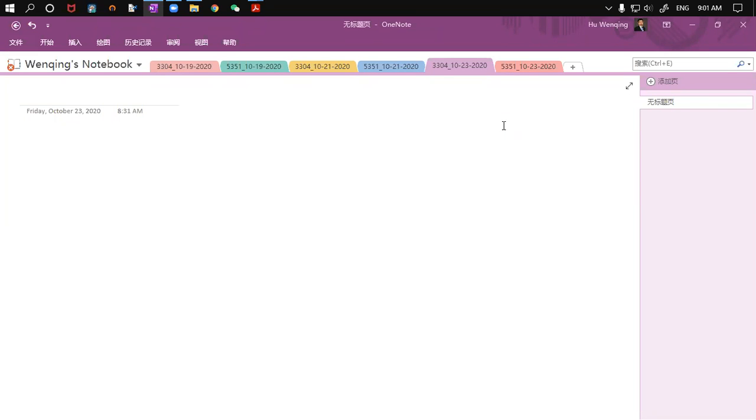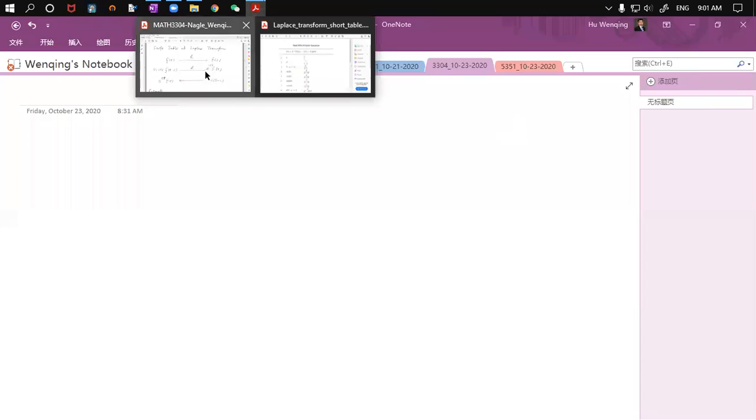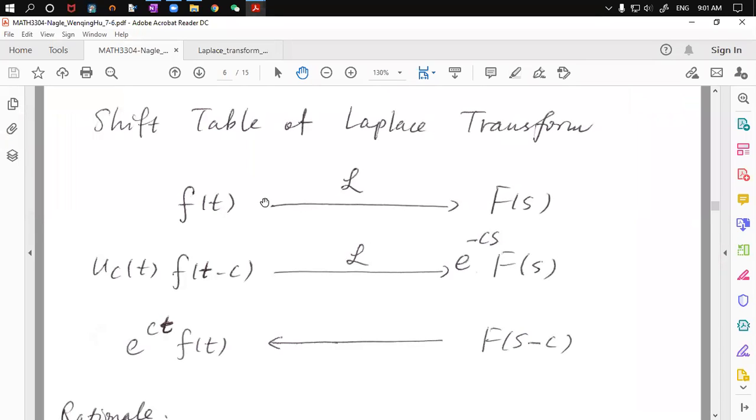Okay, so let's start today's lecture. In today's lecture, we're going to continue what we have been discussing in the last lecture on the shift table of Laplace transforms. Very important thing is that last lecture we introduced the shift table of a Laplace transform,